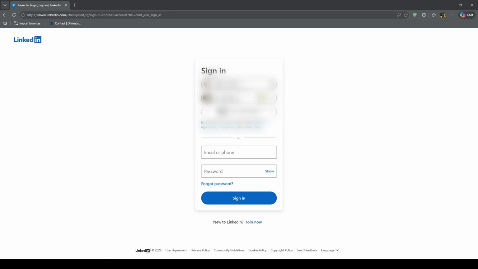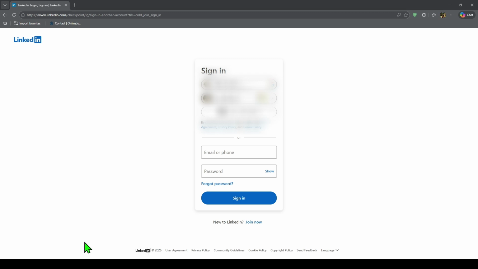In this video, I'll show you how to recover a LinkedIn temporarily restricted account. If your LinkedIn account is temporarily restricted, the recovery path depends on why the restriction happened. LinkedIn says temporary restrictions can happen because of policy violations, identity concerns, suspected compromise, or automated third-party activity. The good news is that temporary restrictions are often recoverable if you follow the right process shown on the sign-in